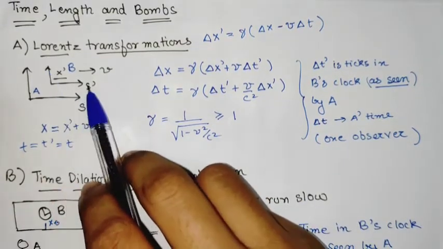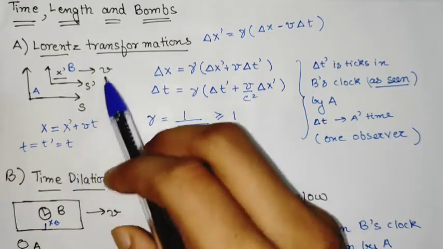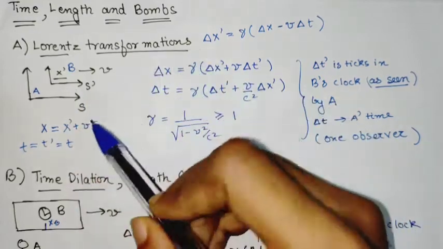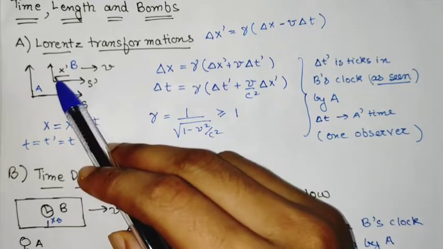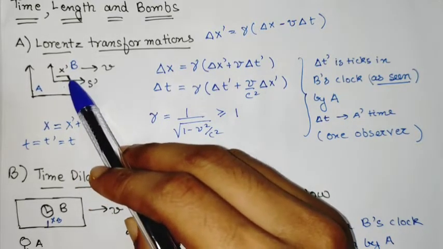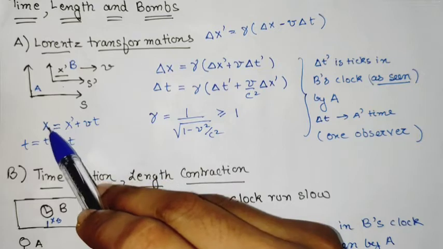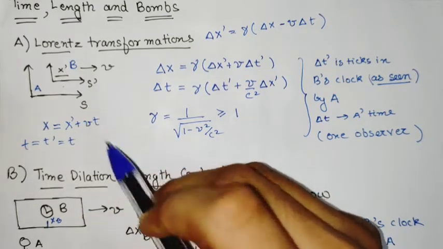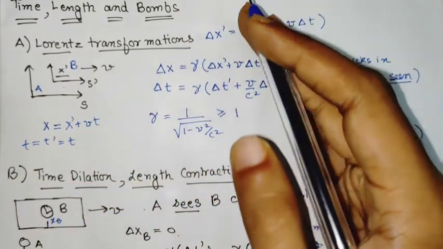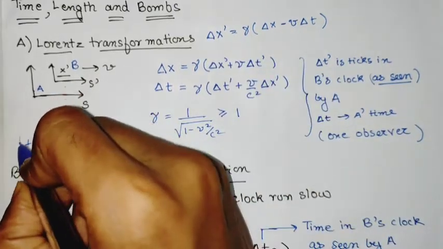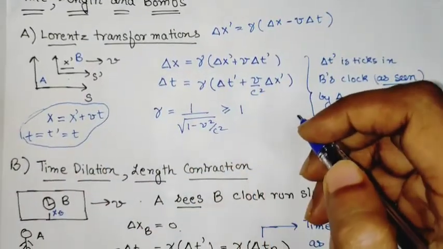So what makes sense is to discuss the differences of coordinates rather than any absolute coordinate. If we consider two frames, S and S prime, where S prime is moving with a velocity v with respect to S, then when velocity is much smaller than light, we can say that x prime plus v times t is just the x coordinate observed in the frame S, and t equals t prime because time is absolute. This is associated with common sense. These are just the Galilean transformations.